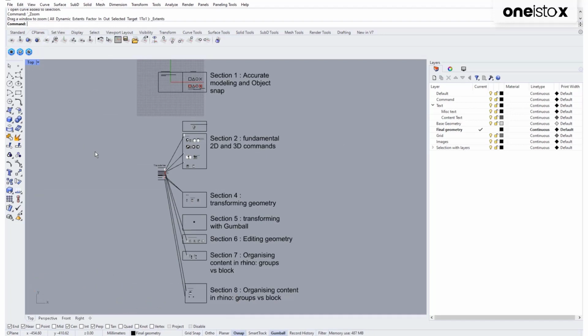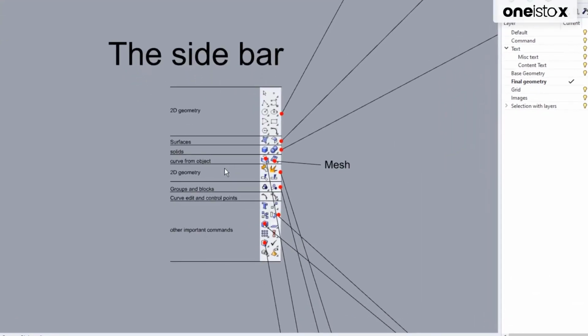Before moving on to our first section, let's zoom into this part of the file. This part acts like a reference for you to relate all the commands mentioned in the file with the sidebar that we can see on the left side of our screen.